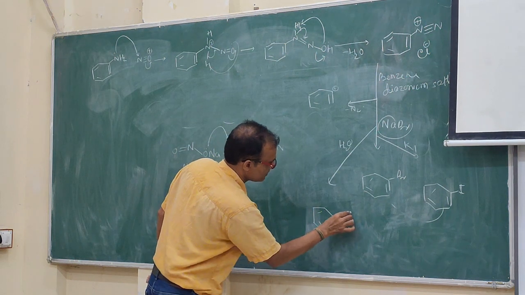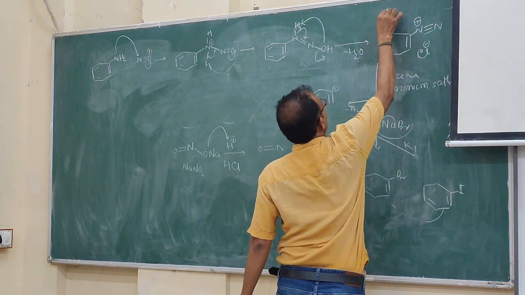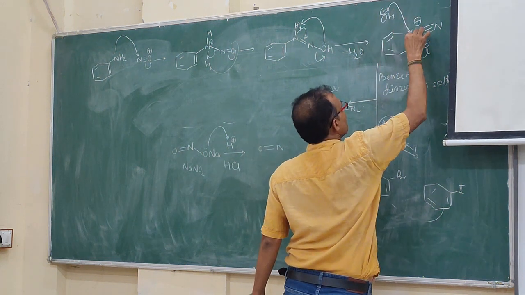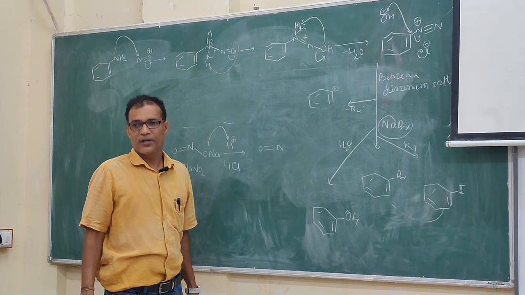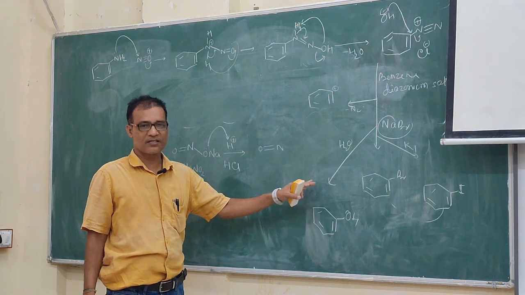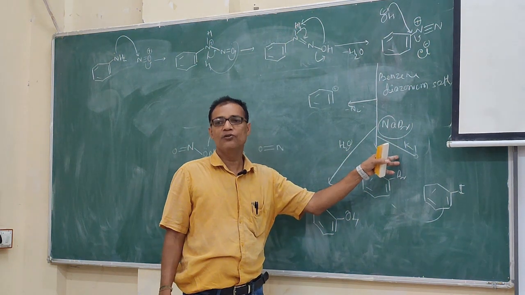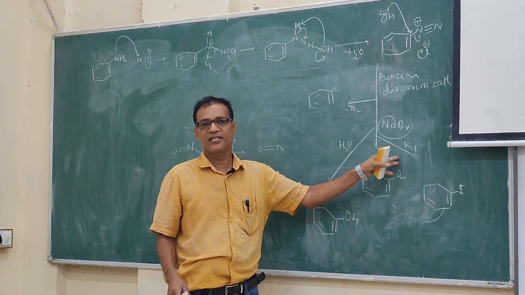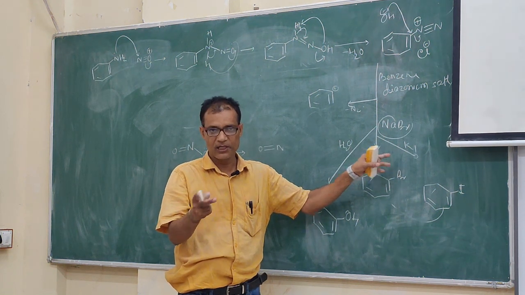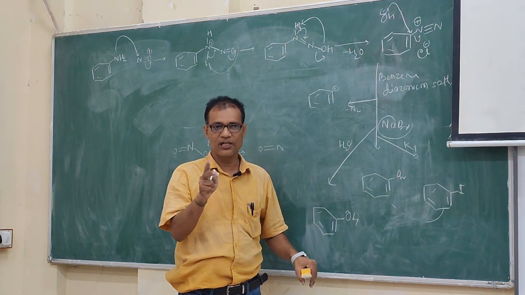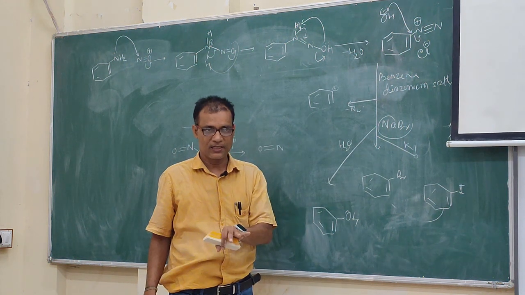So what happens normally? Any nucleophile will attack here, so this gets neutralized. Okay. But in the Sandmeyer case, this never happens. Instead of sodium bromide, water or potassium iodide, you have to use a copper reagent. That means copper cyanide or copper hydroxide or copper bromide. Got the difference? For the general diazonium reaction, you don't need a copper salt, a copper nucleophile. But in the Sandmeyer reaction, you have to use a copper reagent.